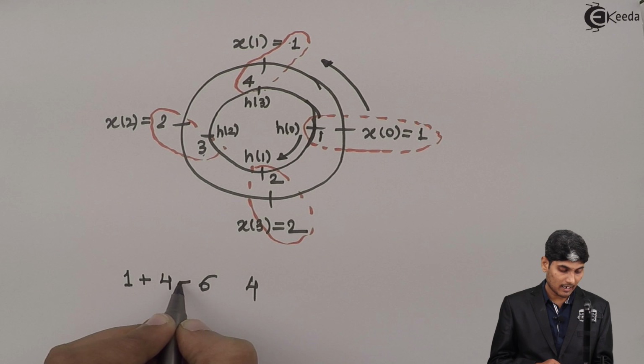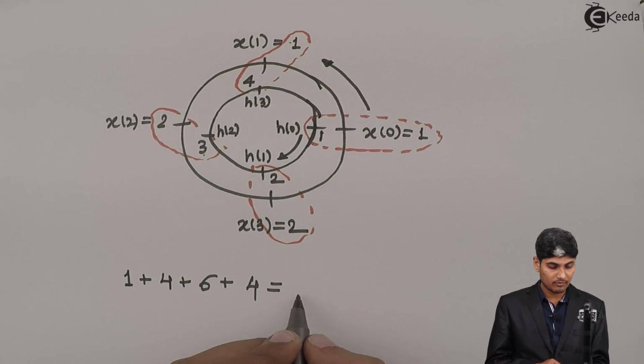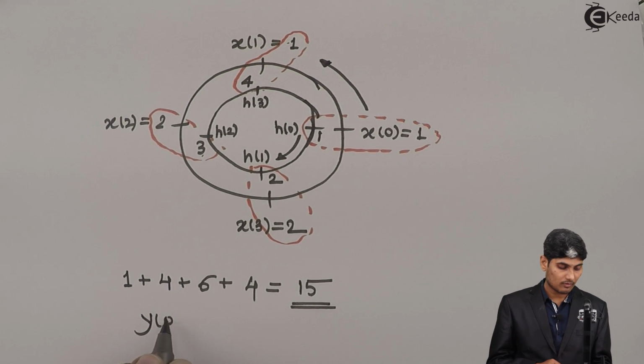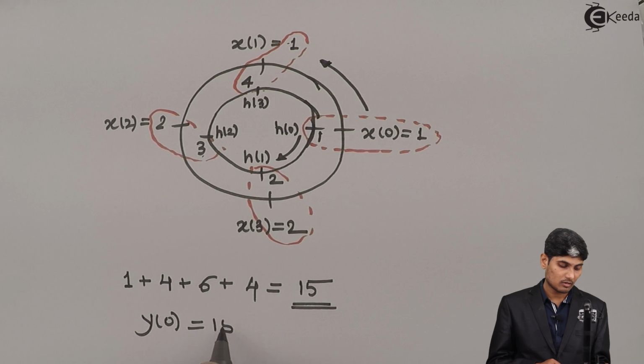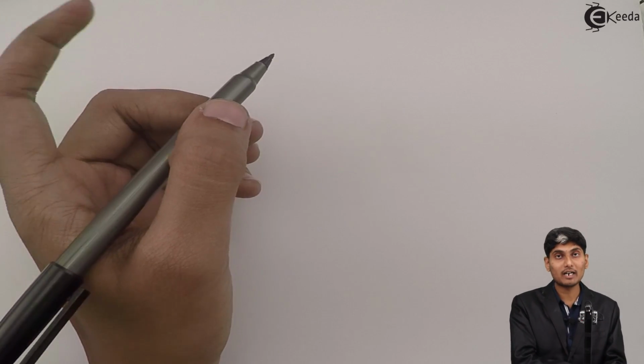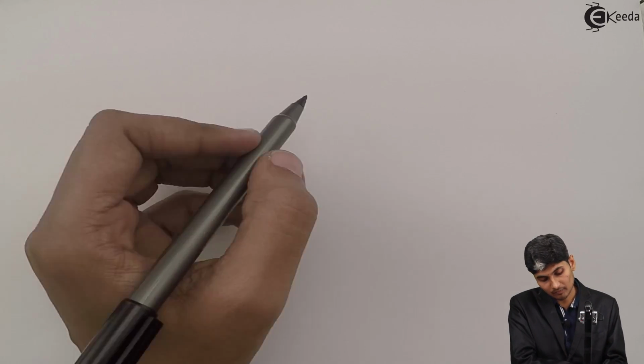So let us add them. That gives me 10 and 5, 15. This is y of 0, which is equal to 15. Now let us shift the signal by 1 position to get y of 1. So I'll draw